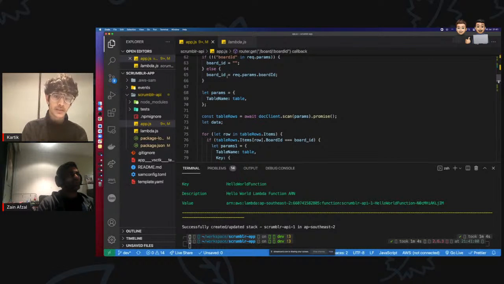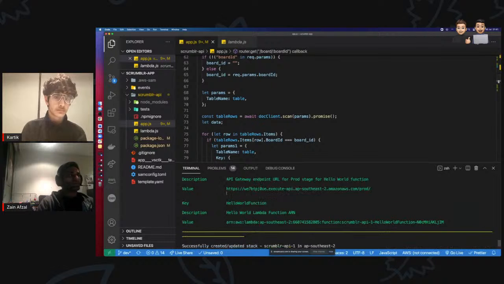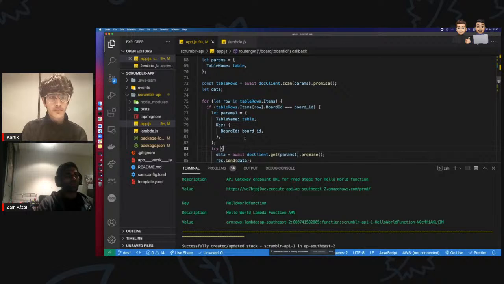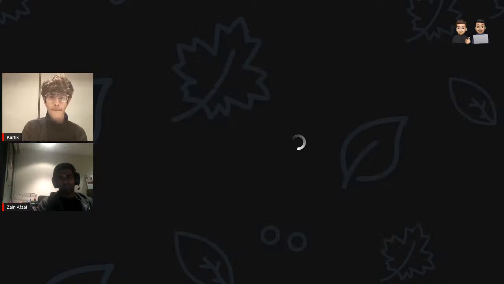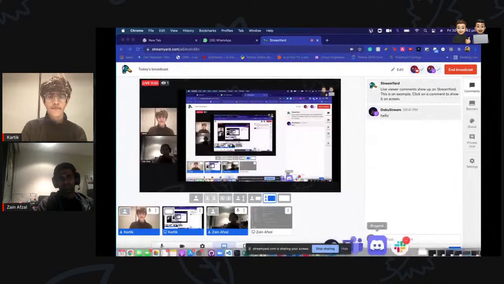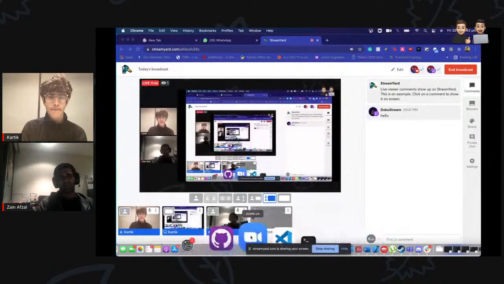Did you get an endpoint? Yes, I've got the endpoint and it's basically the same, but I'm thinking that this probably won't work, but we can still try it first. If you want to share your screen, yeah, I can do that. Can you see it? Yes, I can now.